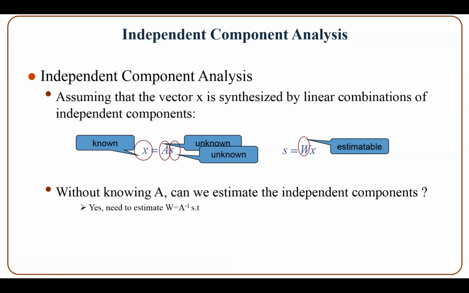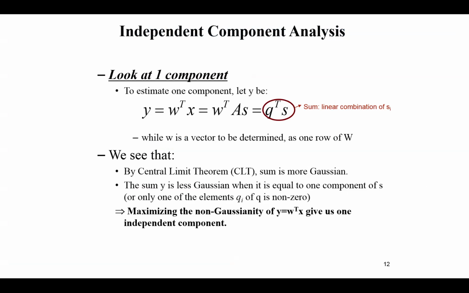The unmixing matrix W can be estimated, and the vector S containing the independent components is also estimatable. So without knowing the mixing matrix A, we can still estimate the independent components. If you look at one component